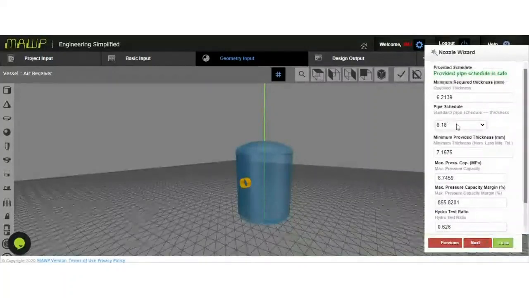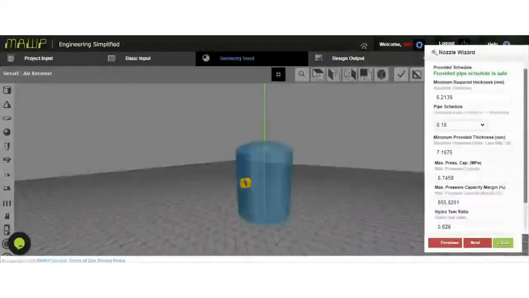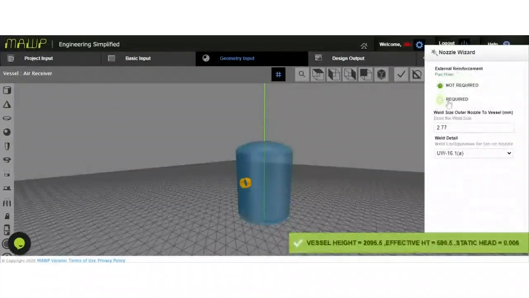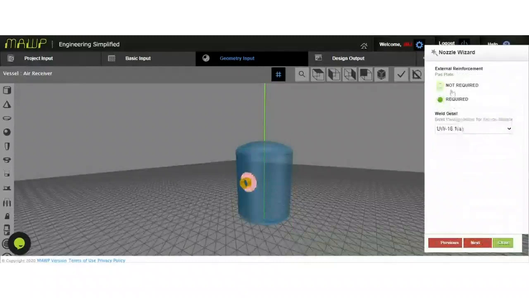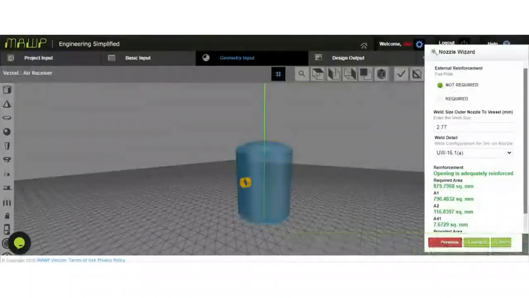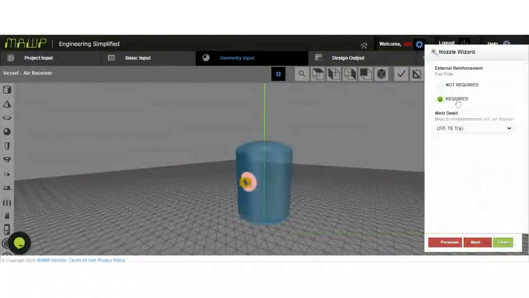Okay, and the software calculates. This is the value we get. Once you go to the next, it will ask you for the external reinforcement. Right now the reinforcement is not required, but we'll still create a reinforcement for reference.